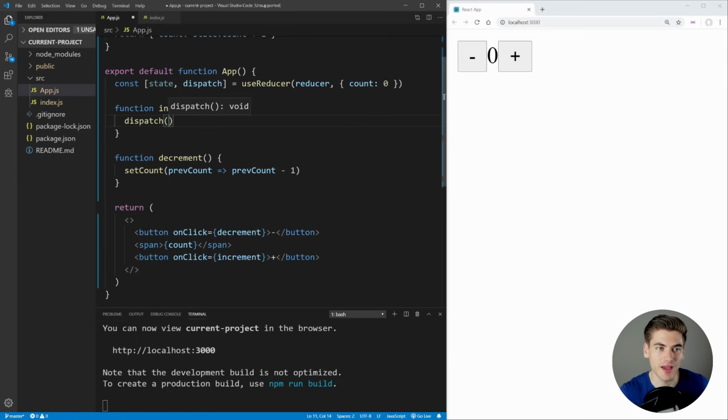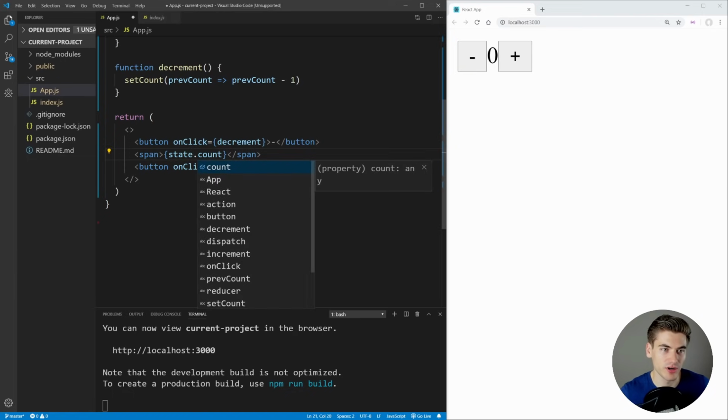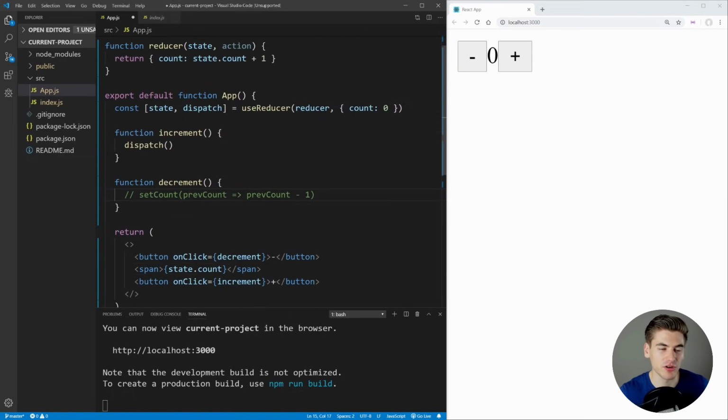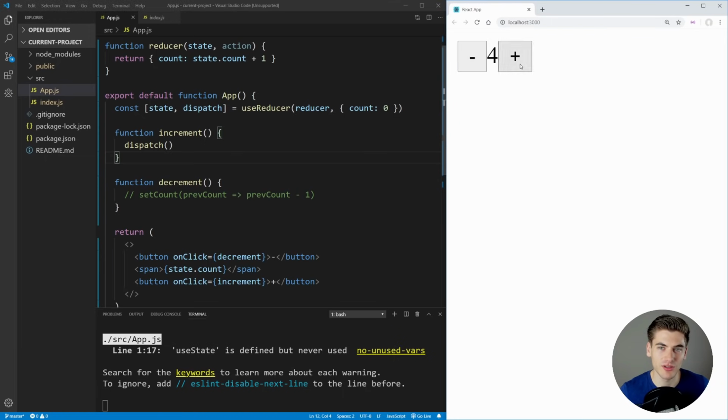We're just not even going to pass anything. We're just going to call dispatch, and then down here, we can put our state.count. And for now, decrement is not going to do anything. So if we save and we click plus, you can see we are incrementing our count by 1 each time,